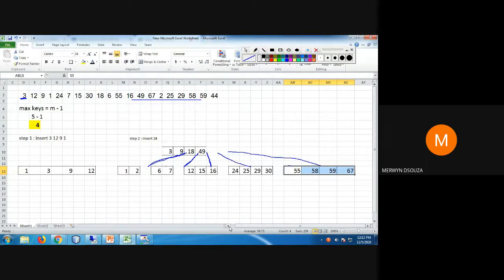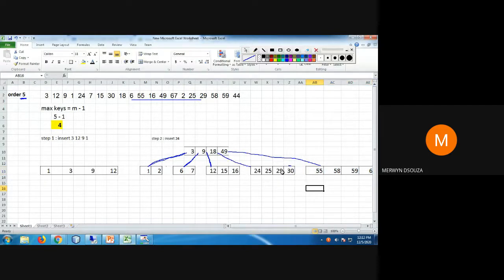So I can't shift this. The correct place for 44 will be here. Okay. So when I insert 44 here, let me just show you. When I insert 44 here,